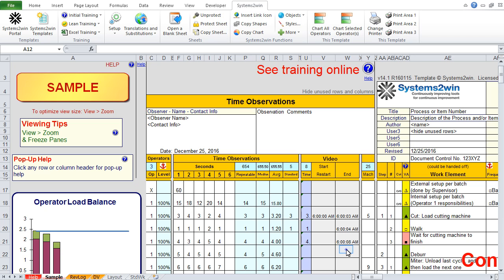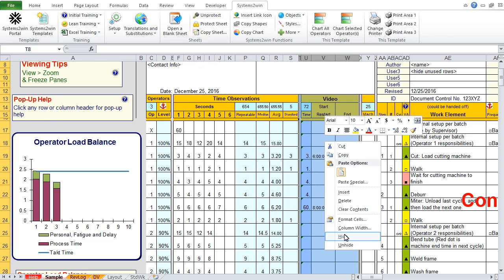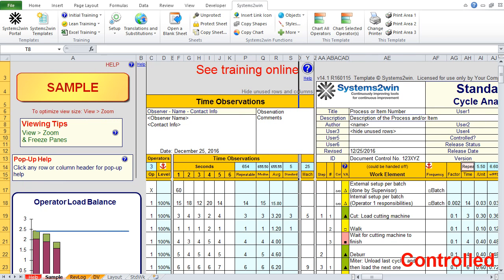And then we go select the cell for the end, and we enter the time that we saw on the video timestamp. And when we click Enter, notice that it auto-calculates the time since the last breakpoint. Now, if our time observation session gets interrupted, we can always start a new start time, and it'll just pick up the calculations from there. Notice it is important to enter the time in the correct format so Excel notices that it is a time format of data that you are entering. And if we're not using video time observation, then we can simply hide those columns, right? So that we have a less cluttered workspace.